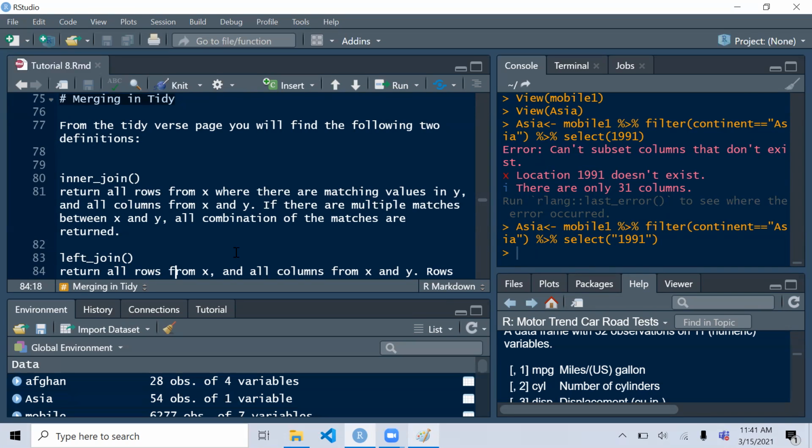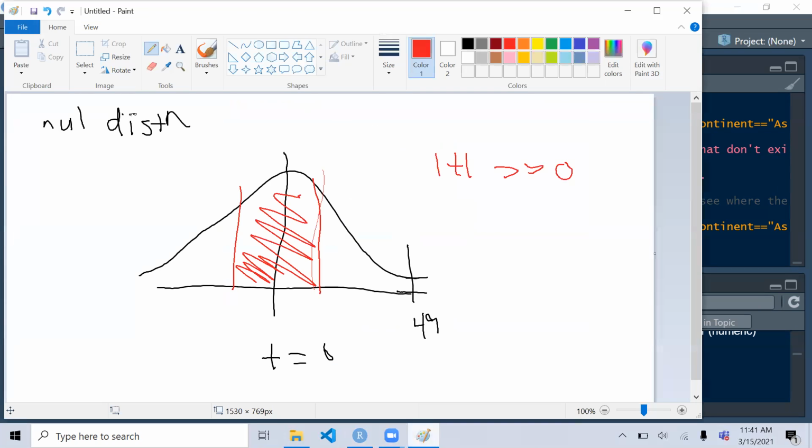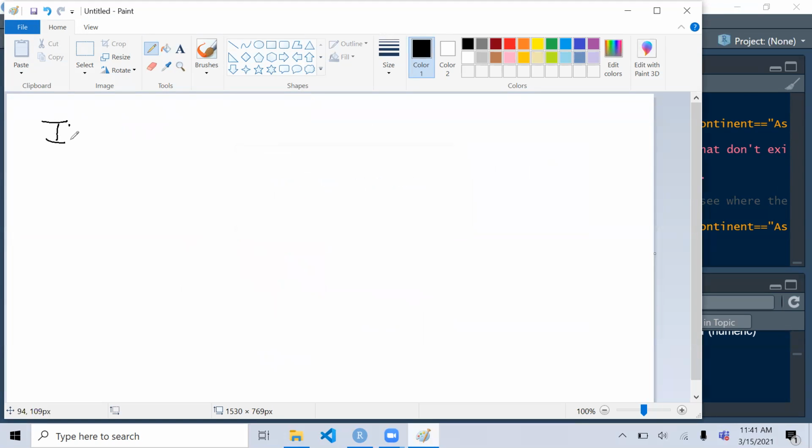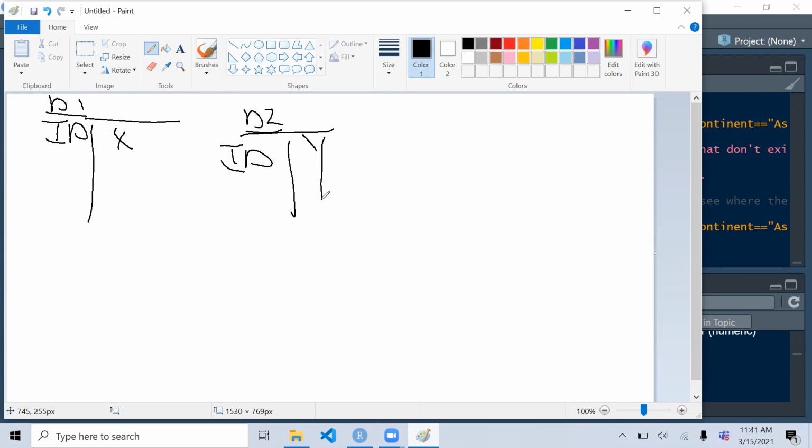But for instance, inner join does the following: if there are multiple matches between X and Y, it will do a one-to-many mapping, right? So it will do something like this. Pretend you have a common key, which is ID. So you have data frame 1, D1, and data frame 2, D2, and they both have common IDs. And then you have the variable X here, and you maybe have the variable Y here. So now you want to match X and Y based on this common ID, right? And so what will happen is, let's suppose X is like, I don't know,